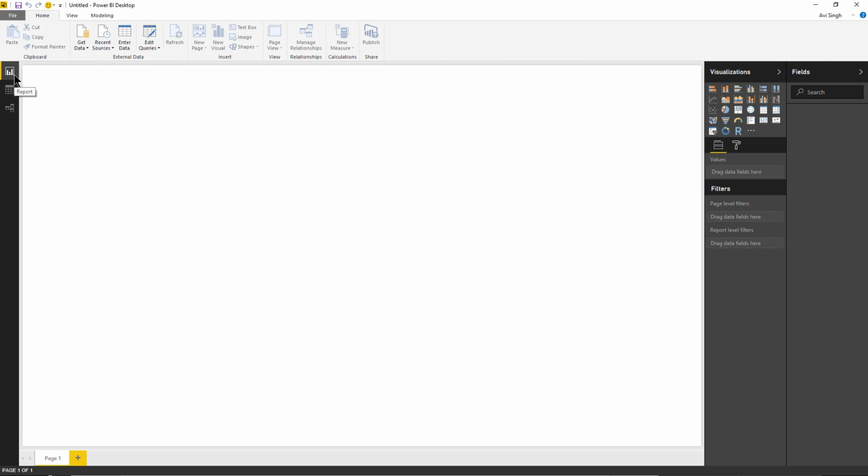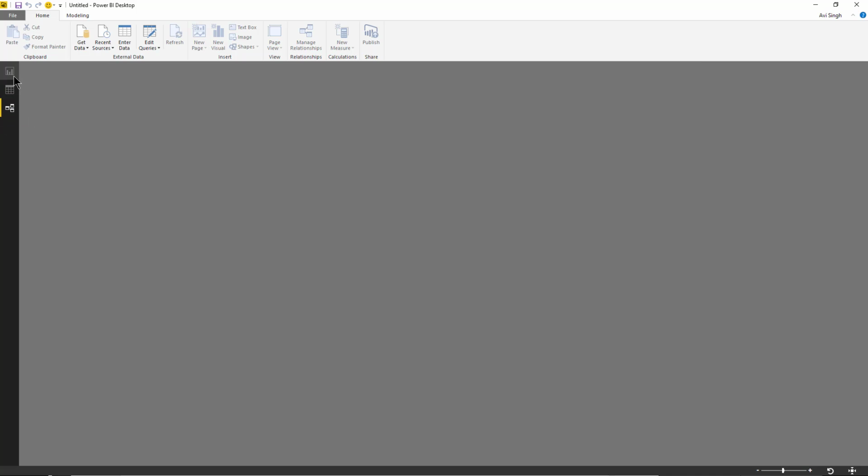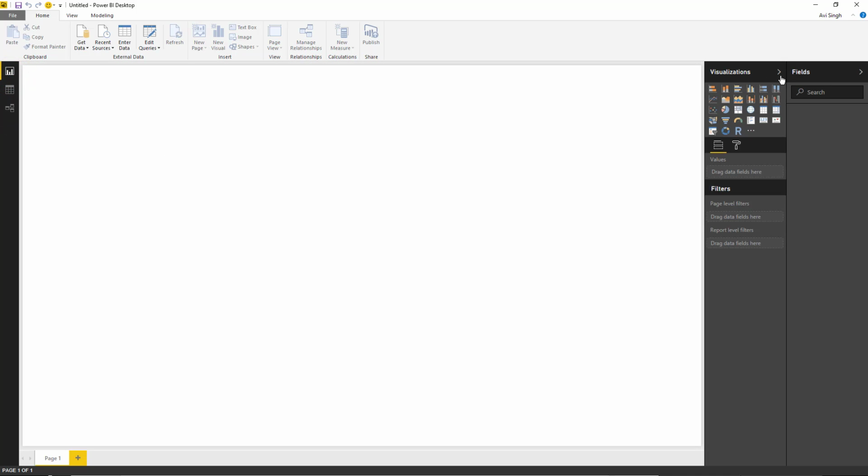On the left, you have 3 tabs. They're not going to look very interesting right now. 3 tabs or 3 views. The first is a report view, the next one is a data view, and the last one is a relationship view. And on here are visualization and fields. Again, we're going to bring in some data, and as we go through it, you will see all of these elements in action again. So really, that is the first step you do in Power BI Desktop, which is you